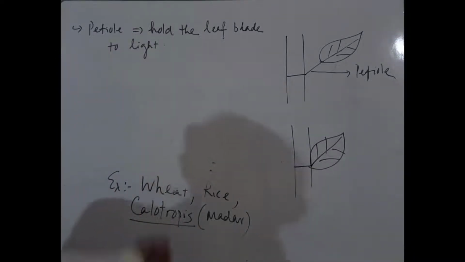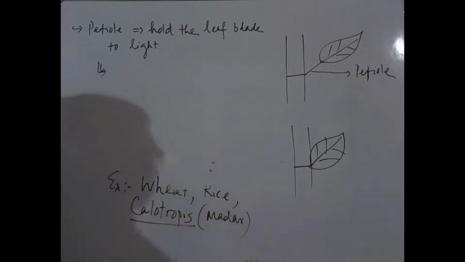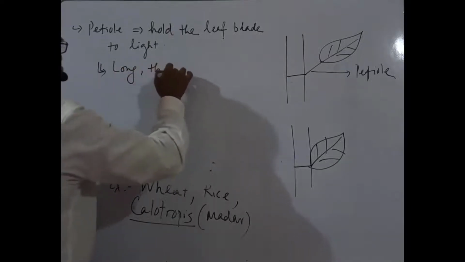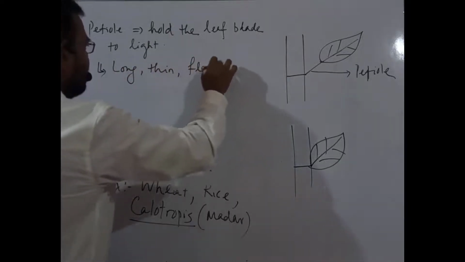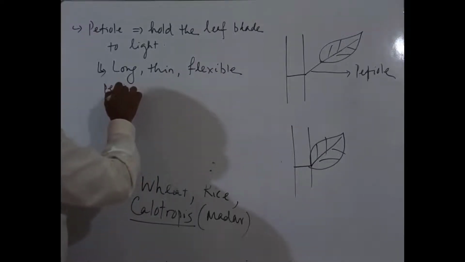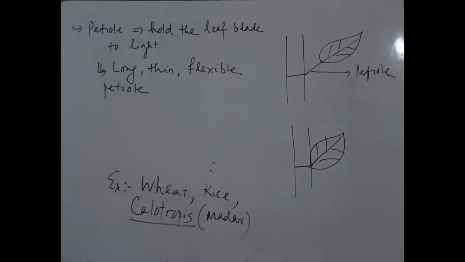Petiole holds the leaf blade to light. Another function of the petiole is that it flutters the leaf lamina or blade in the air. The NCERT line is: long, thin, flexible. You can follow page number 70. Long, thin, flexible petiole